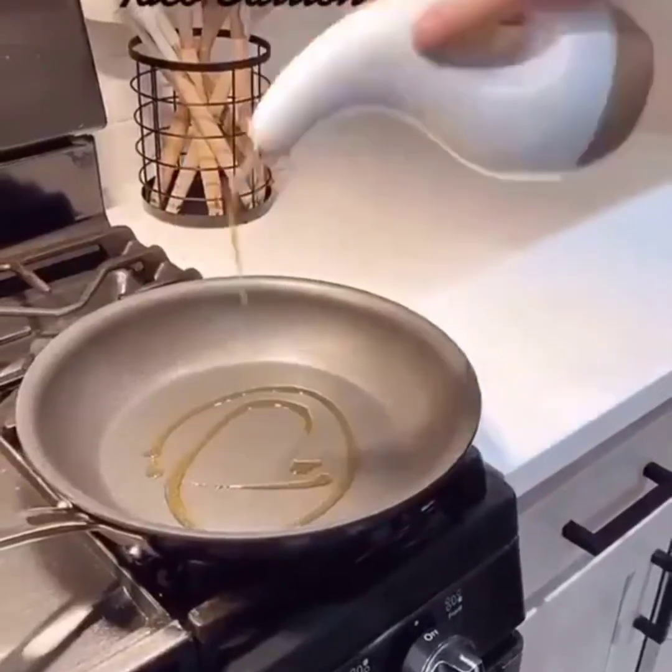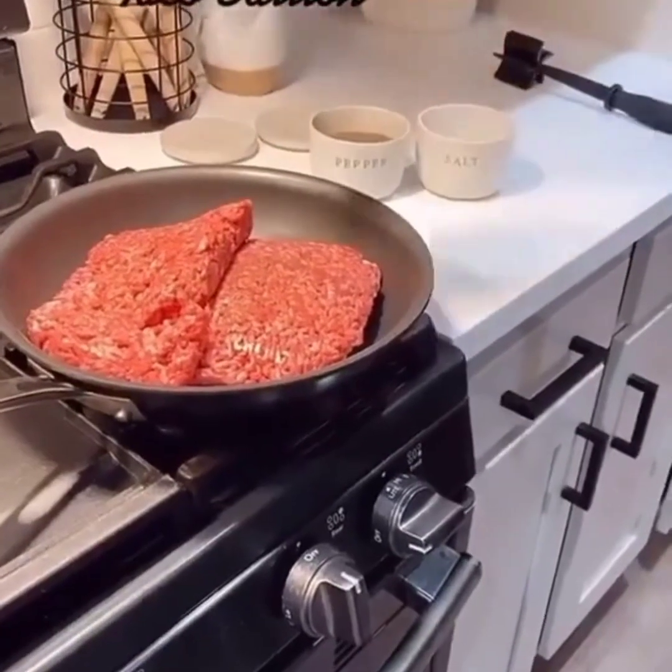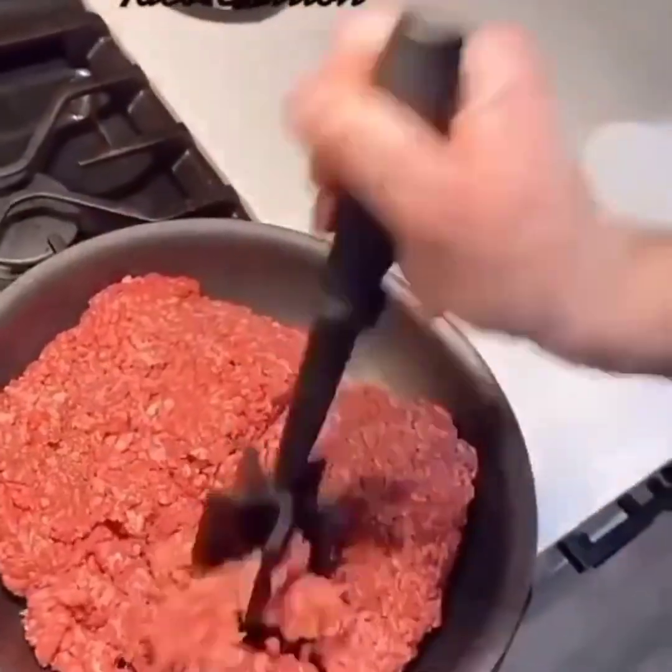These are my Amazon kitchen must-haves for making tacos. First up is my olive oil dispenser and my salt and pepper bowls. Both of these are super convenient to use while cooking. My other must-have for making tacos is my